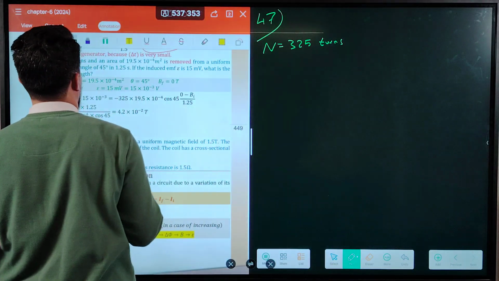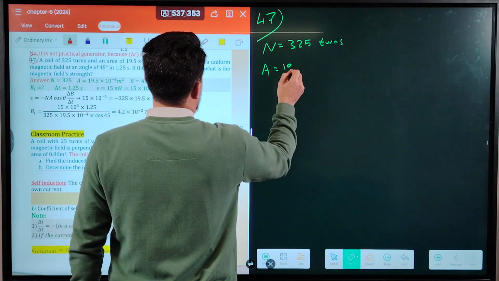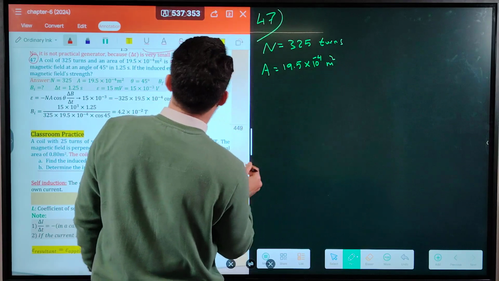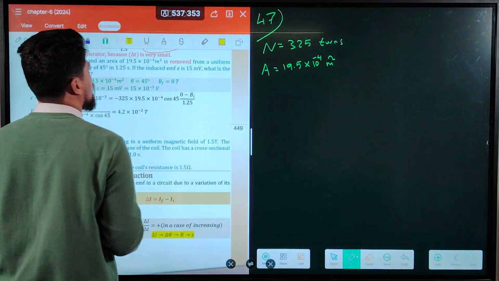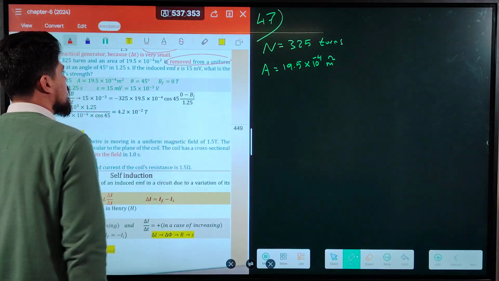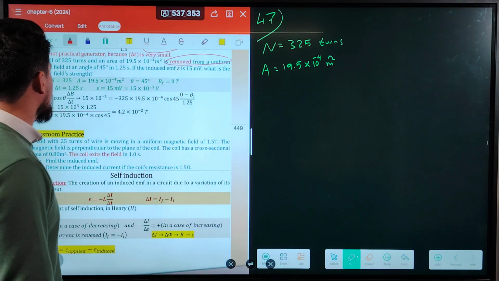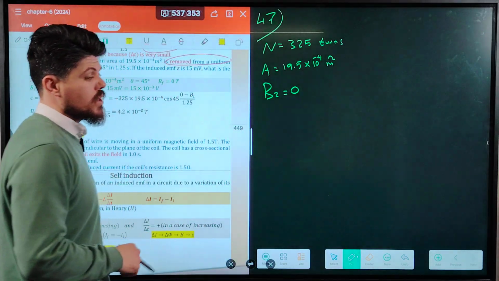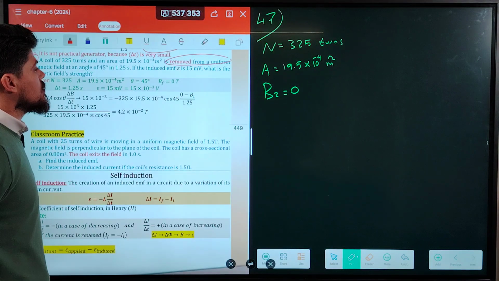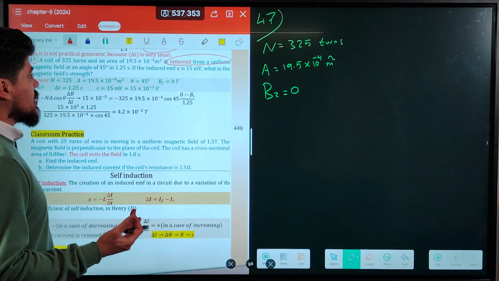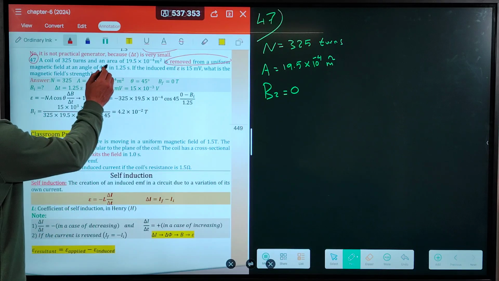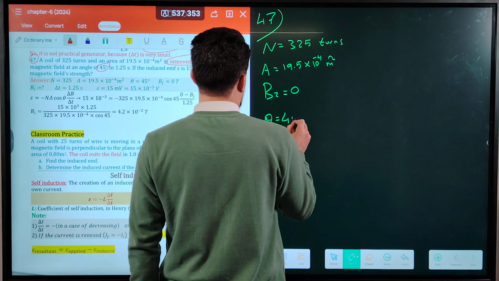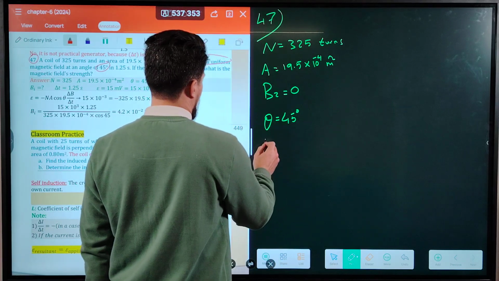This is a coil with a number of turns and an area of 19.5 times 10 power negative 4 meters squared. Okay. The coil is removed from a uniform magnetic field. Whenever the coil is removed from a uniform magnetic field, B2 is 0. When is B2 0? When the coil is pulled steadily out, and the coil is removed from the uniform magnetic field at an angle of 45 degrees. The angle is 45 degrees, in time